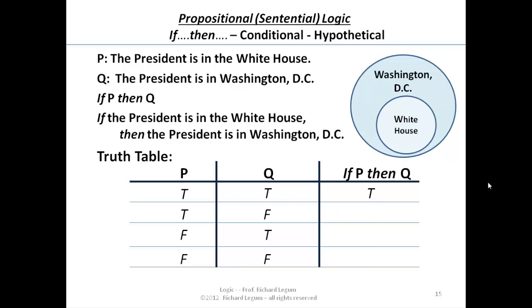Right? If P is true and Q is false, notice it's telling us if the president's in the White House, then he's in Washington, D.C. But if we know that he's in the White House but not in Washington, D.C., in other words, it doesn't depict our diagram up here, that is the case where we would know, and it's going to turn out to be the only case in which the proposition if P then Q is false. Now, if the antecedent,